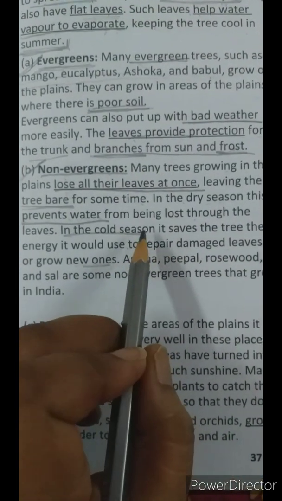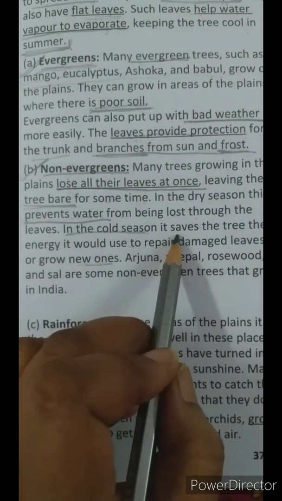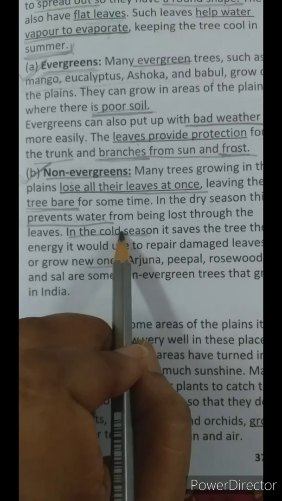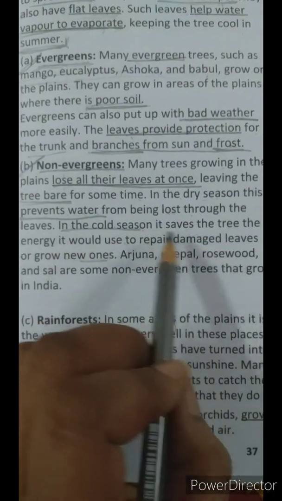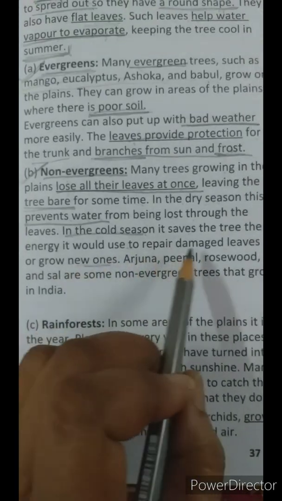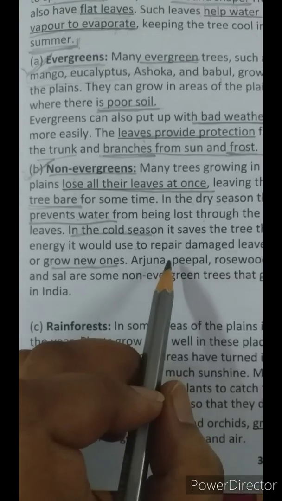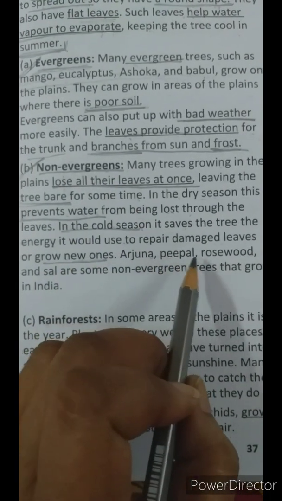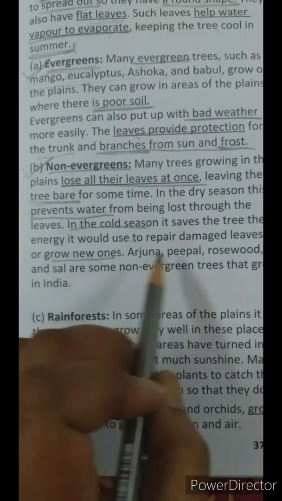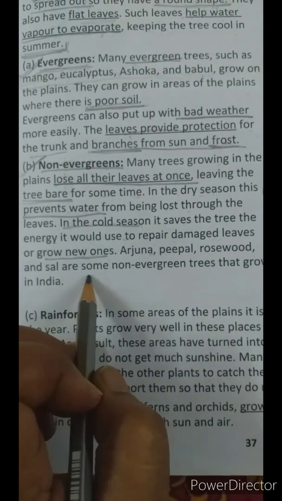So if there would be no leaf on the tree, this energy would be saved, and this energy would be saved in the cold season. Okay, so the examples of non-evergreen trees are Arjuna, Peepal, Rosewood and Sal. These are the four examples that are given of non-evergreens.